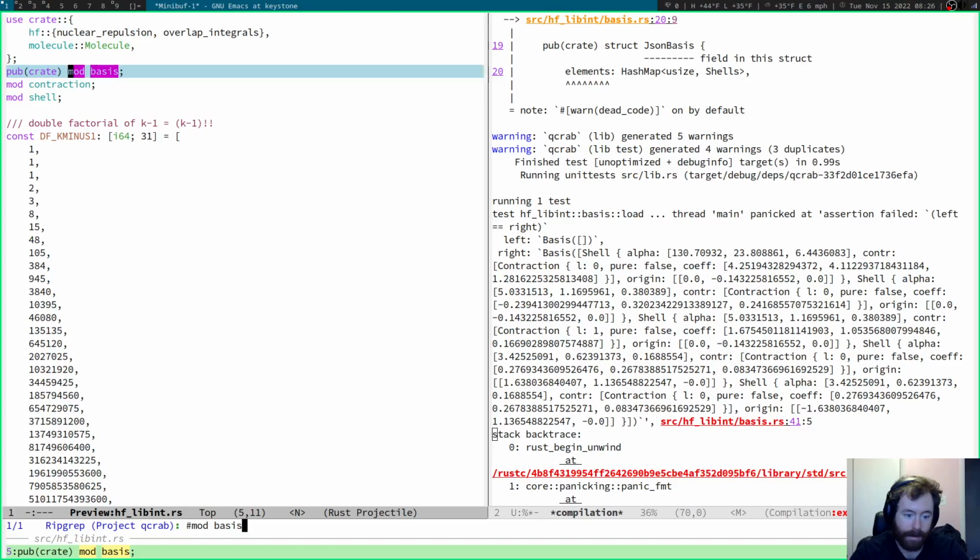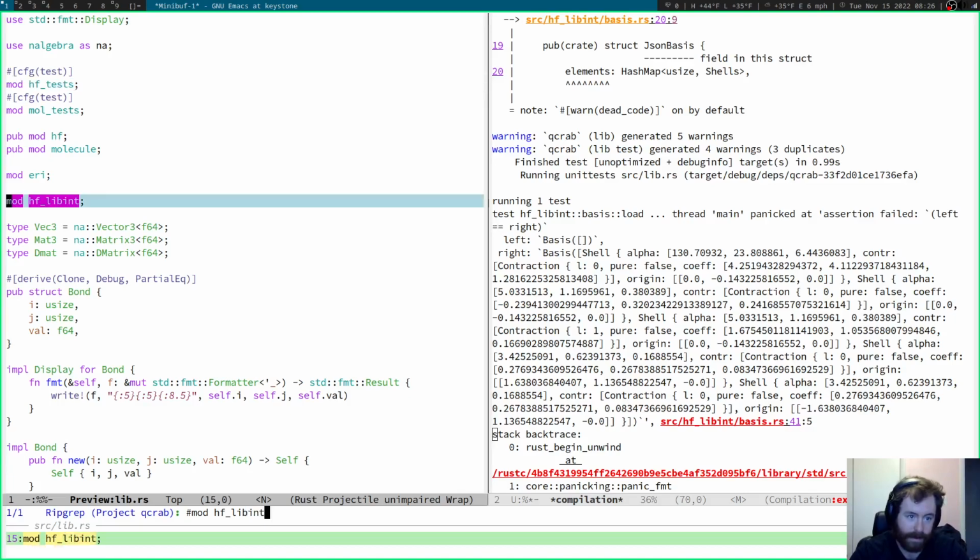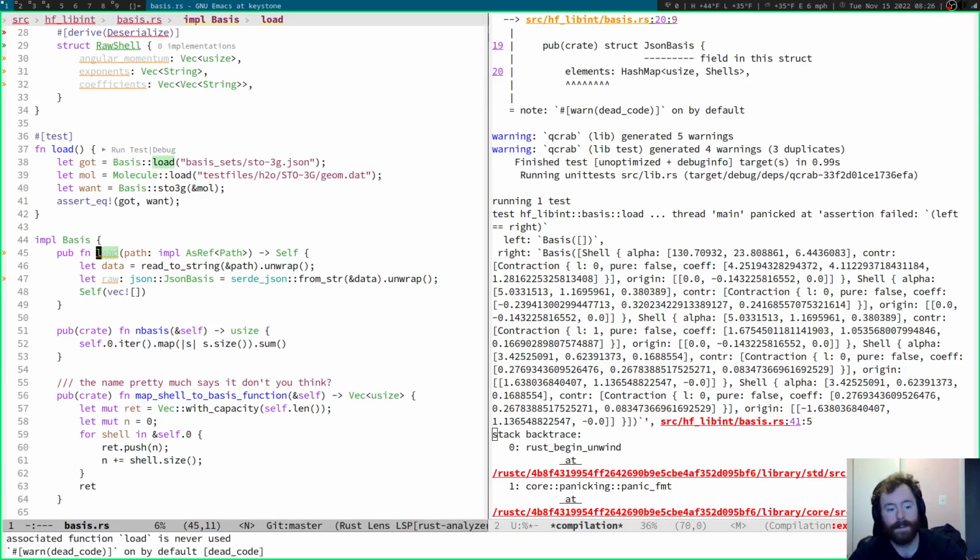Pub create mod bases. And then if I do mod lib int, that's also not pub. Yeah. So this is going to give us a dead code warning. Now, we want to